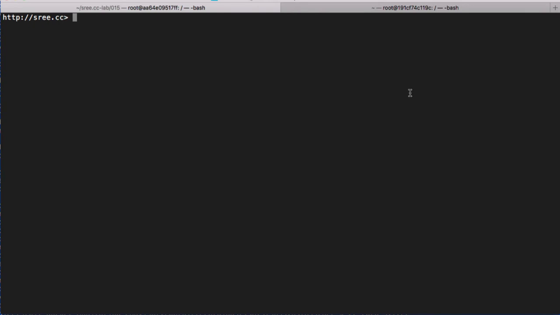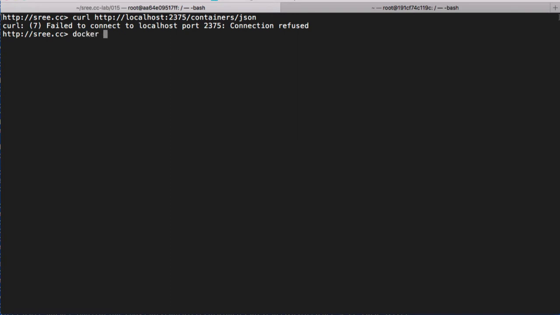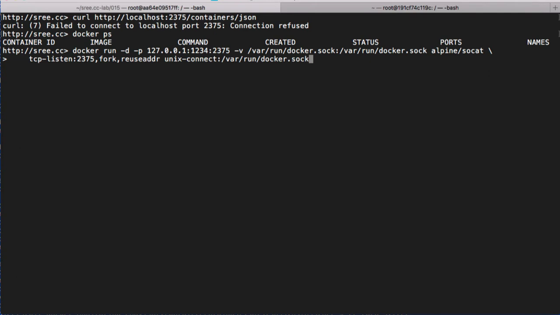Alright, so let's go ahead and create that container. If we try to curl our daemon endpoint directly, it's not going to work. You're going to get a fail to connect error. So let's create our container: docker run -d -p, and we are mapping the port 1234 on the host machine to port 2375 inside the container, because that is the Docker daemon port for REST API calls. And then we are mapping our Docker daemon socket into the container. So /var/run/docker.sock is our Docker daemon, and the image is